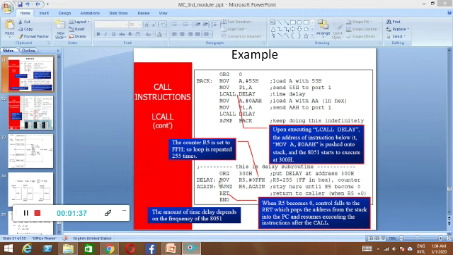and as soon as this RET instruction is executed, whatever address was loaded into the stack memory will be retrieved back, and it is going to execute from this point only, right? So this is how this instruction is going to work. This simple example is given where it is going to call twice, right? So you can imagine why we need to write the subroutine.